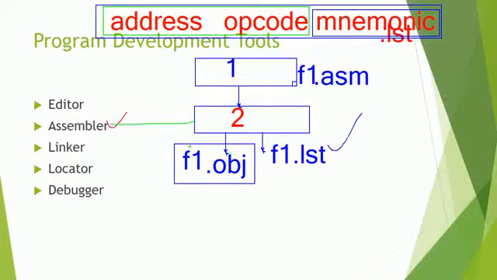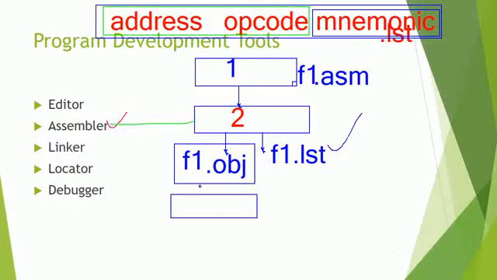Now this .obj file is given as an input to the next level, called the linker. So, number 3: the assembler gives the created .obj file as an input to the linker. The data list is not going to be used by the linker; only the .obj is going to be accepted by the linker. The files which are in the object format are given as an input to the linker.